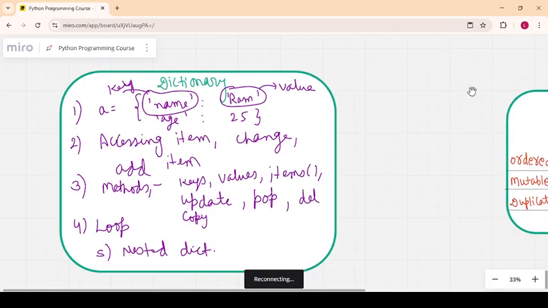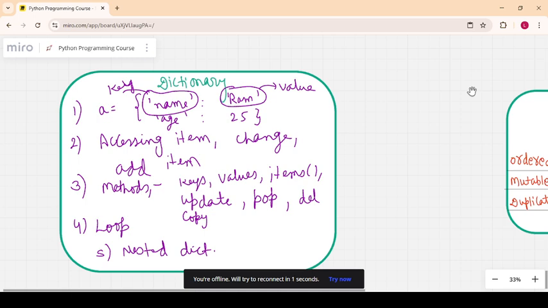A dictionary can be defined through curly braces, and the main property is that data are arranged as key and value pairs. We can access, change, and add items.